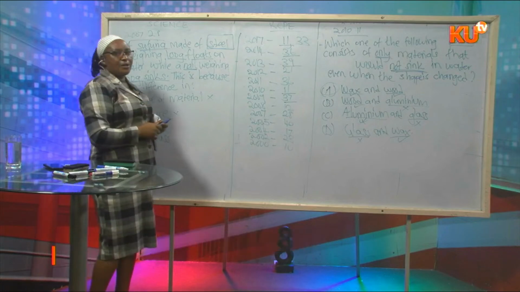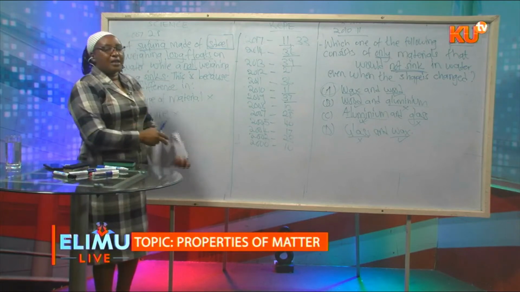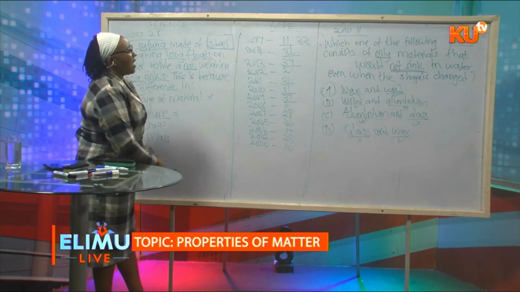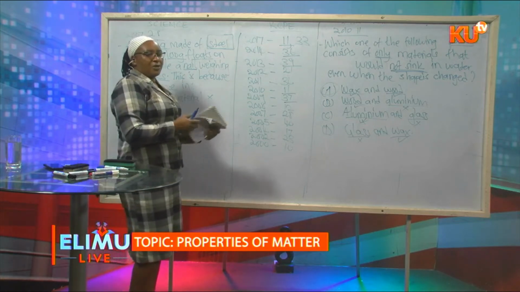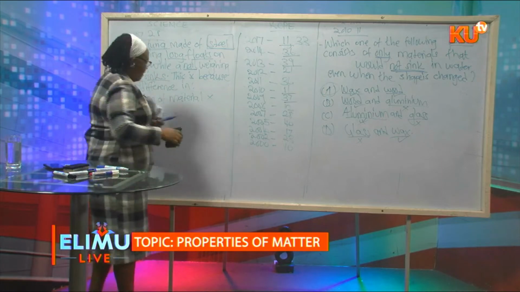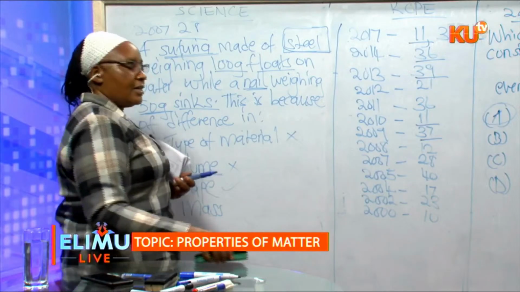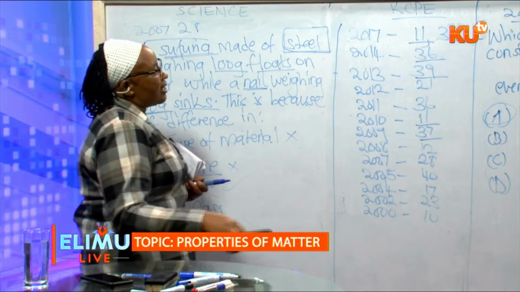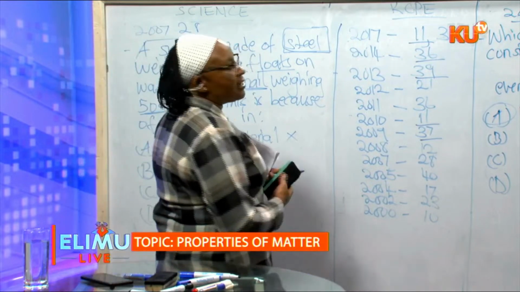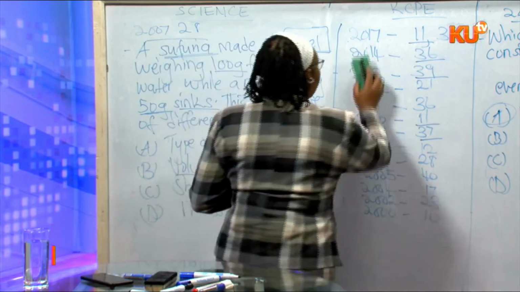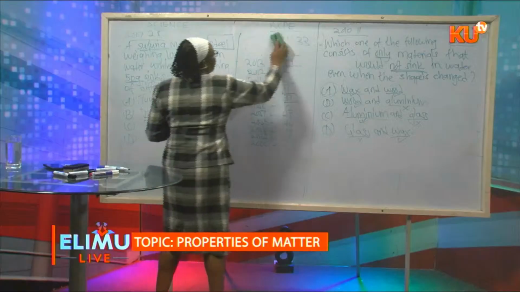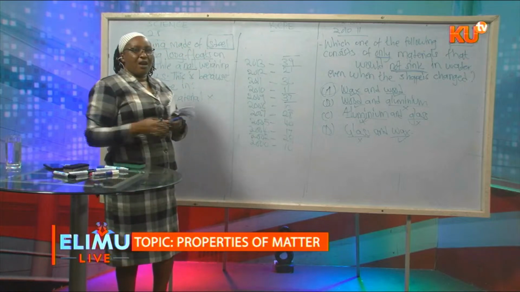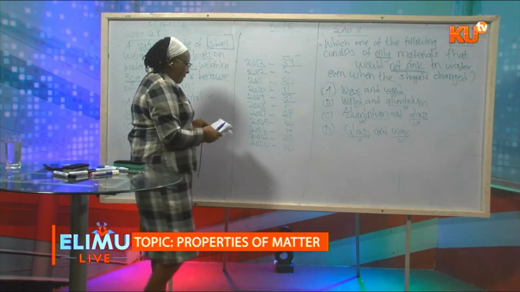So you find that in most of the questions that are asked in KCPE on floating and sinking, you have to consider shape and the material. And you have to remember, even mass comes in the choices, but does not affect floating and sinking. The same case applies to density. It does not affect floating and sinking in this case as taught in the primary syllabus. So we move on. We can still have another question,